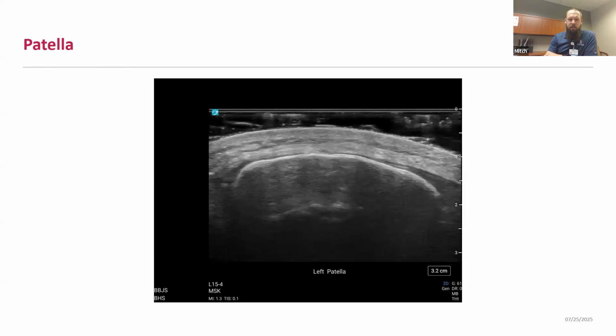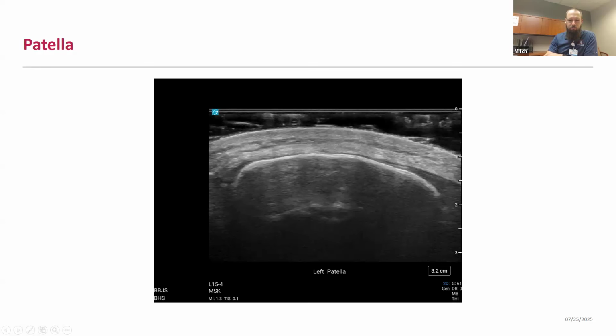Scanning more distally to the patella, you can scan the patellar cortex, looking for any cortical defects that may suggest underlying fracture, especially if there's point tenderness there with sonopalpation. This is where you'll also evaluate your prepatella bursa, which you want to make sure that you're not putting pressure on to distend any trace bursal fluid. So in this case, we're floating the probe across some ultrasound gel to make sure that we're not getting that compression there.